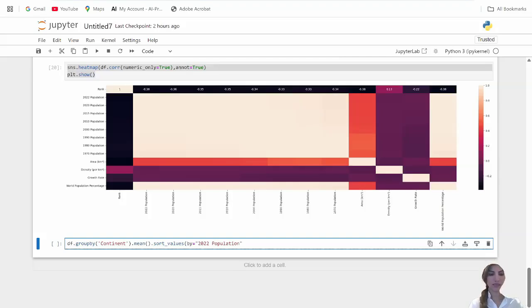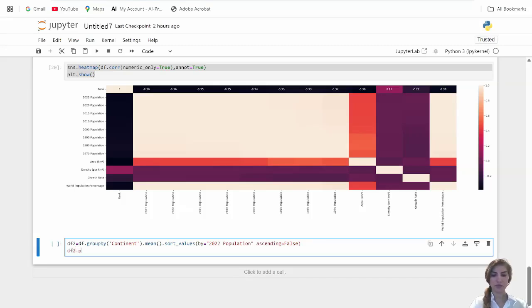The default is ascending is true. I want to say ascending equal to false, and let's assign this to df2